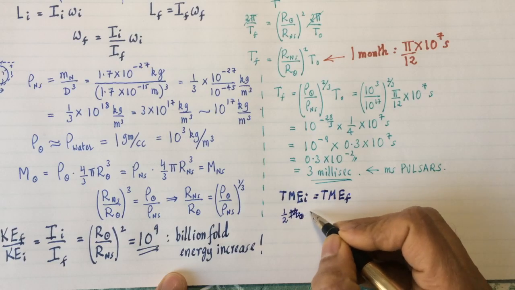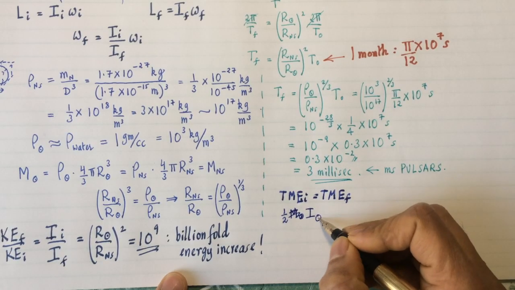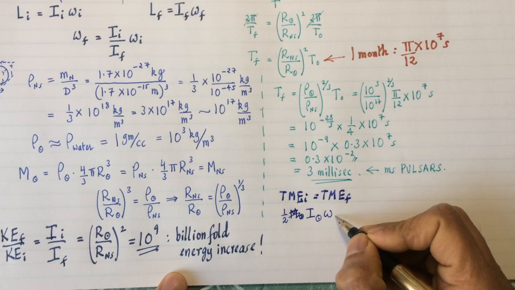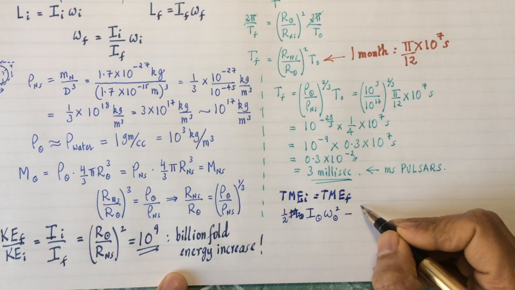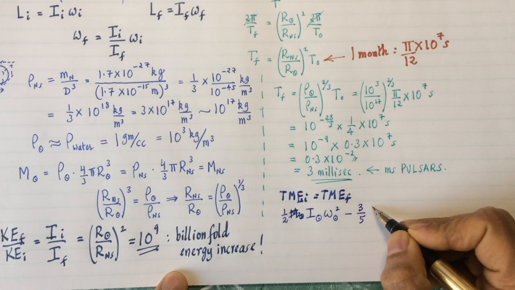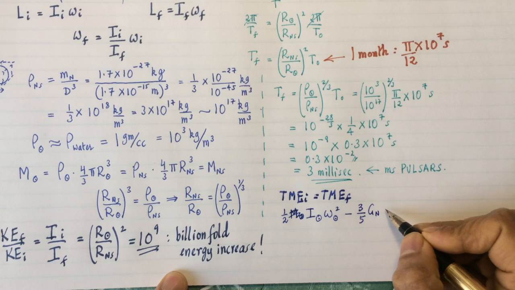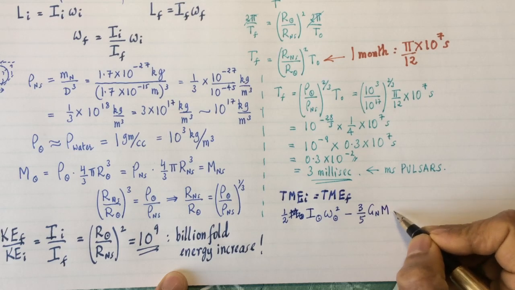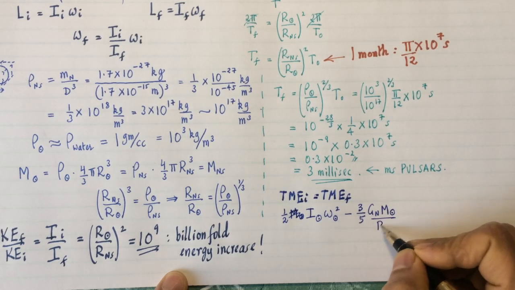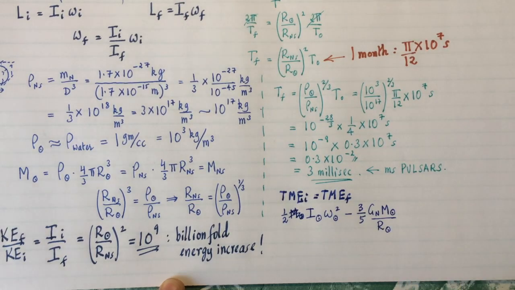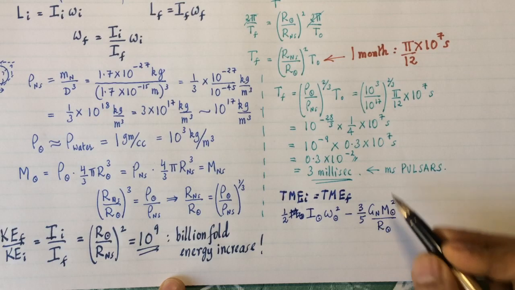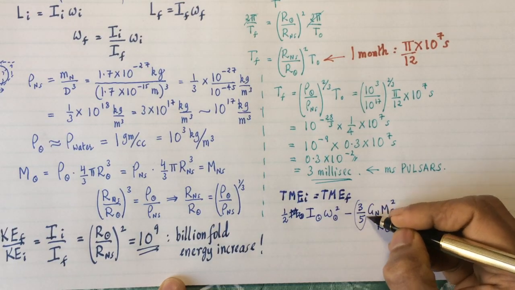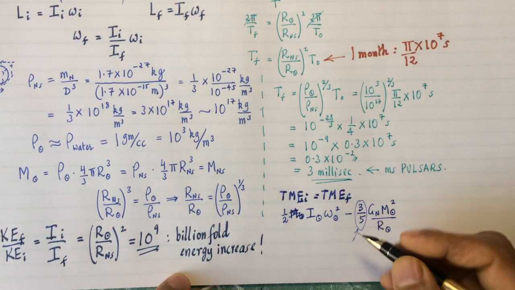times the moment of inertia times omega squared. The gravitational potential energy is, this is the part that's slightly beyond the scope of this class. It's given by 3/5 Newton's gravitational constant times the initial mass squared divided by the initial radius. That's the part that is squared. That's the part, the 3/5 part, that requires some calculus,